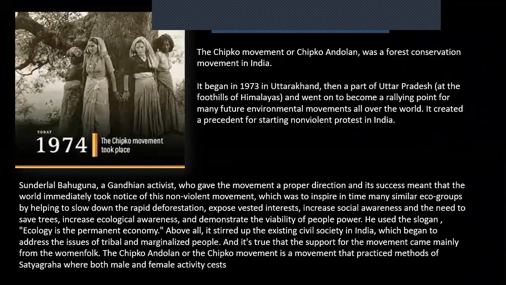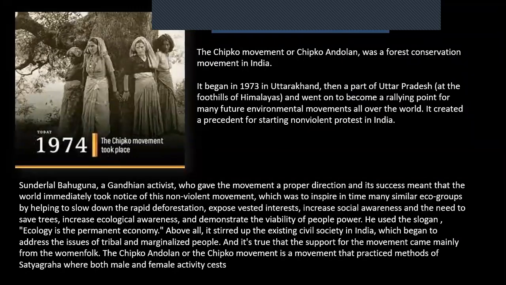The Chipko movement or Chipko Andolan was a forest conservation movement in India. It began in 1973 in Uttarakhand, then a part of Uttar Pradesh, at the foothills of the Himalayas, and went on to become a rally point for many future environmental movements all over the world. It created a precedent for starting non-violent protests in India. Sunderlal Bahuguna, a Gandhian activist, gave the movement a proper direction, and its success meant that the world immediately took notice of this non-violent movement,